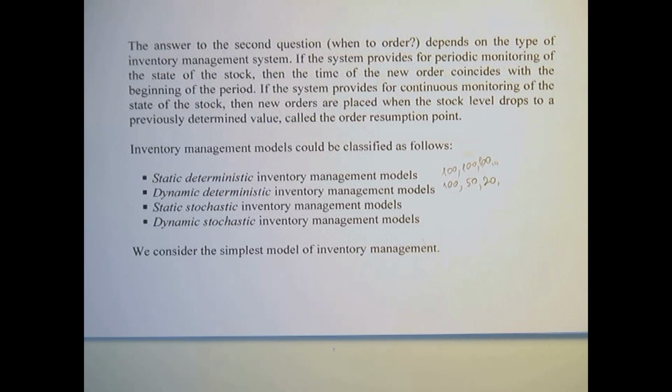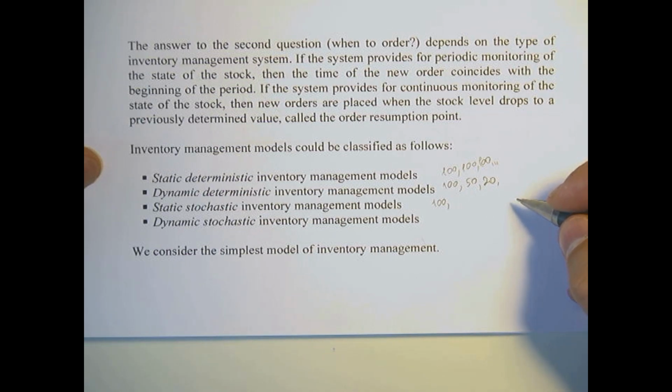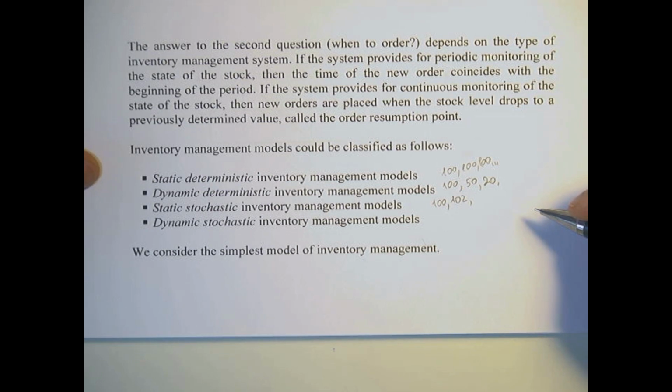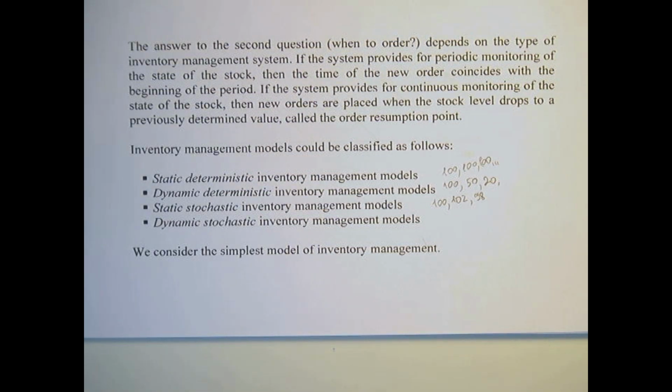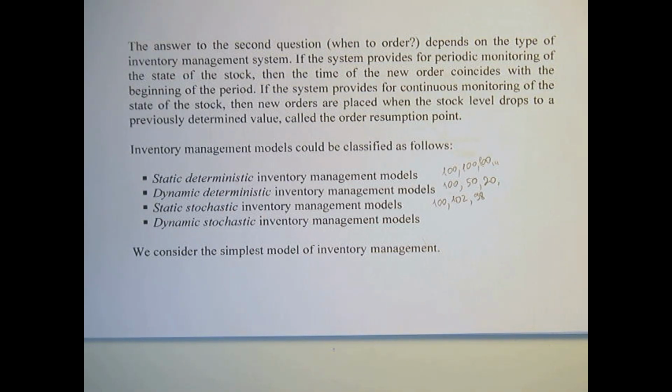In this case, we assume that, for instance, demand is a stochastic variable. So, for instance, this week demand is 100. We do not know for sure what the demand for the next week is, and we wait for next week and we see demand is 102 liters of orange juice. We wait for the next week and the demand is, assume, 98 liters of orange juice per week, and so on. We see that demand is stochastic, but for instance, the mean value is 100 liters of orange juice. So mean value, mathematical expectation, and variance in demand remain the same over time. So there is uncertainty, but every time we calculate the expected value of the demand, and mean demand